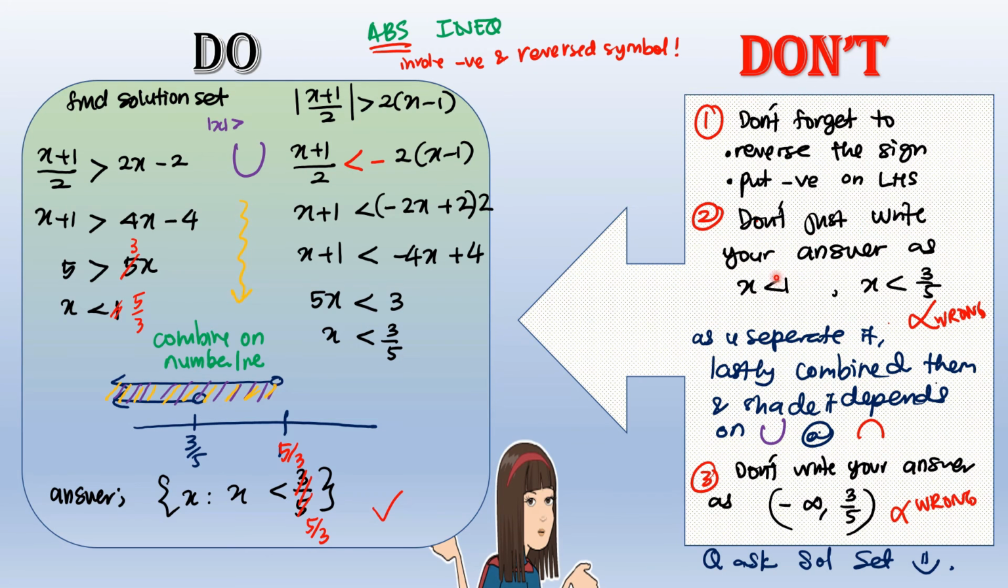Don't just write your answer as less than 1 or as less than 0.5. Okay guys, for inequalities, you can just take it from here. Alright? Because we separate it, when you separate it, you need to combine it. That's it. Okay, and shade it depends on our union or intersect. Don't write your answer as